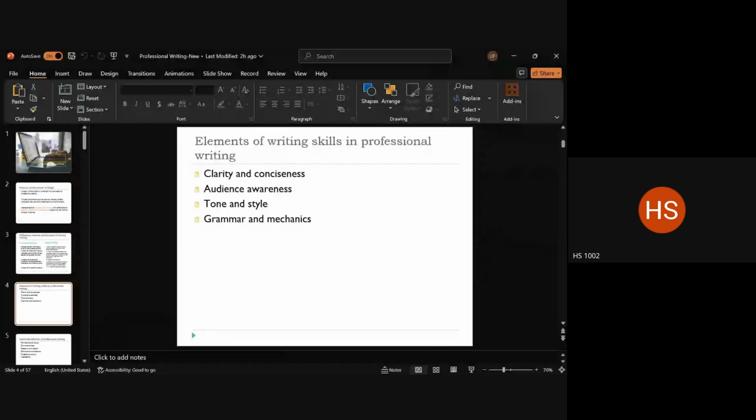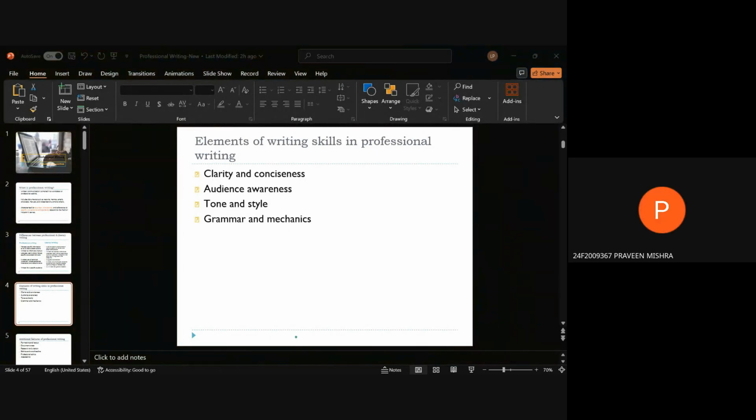Okay. Yes. Any question, anyone? Actually, which slides are on your screen? Now it's changed. Actually, from the starting, when you have changed slides, they are not visible on the screen.